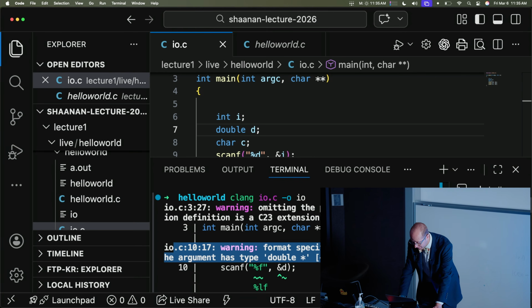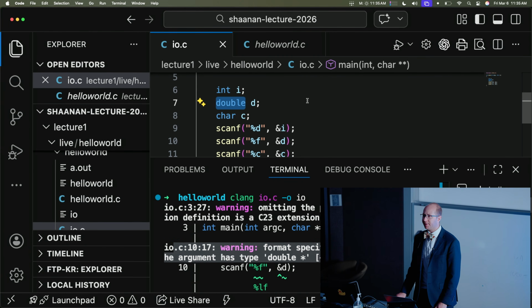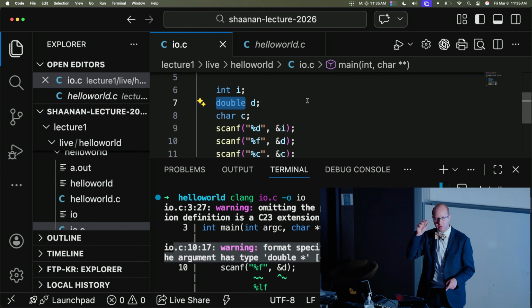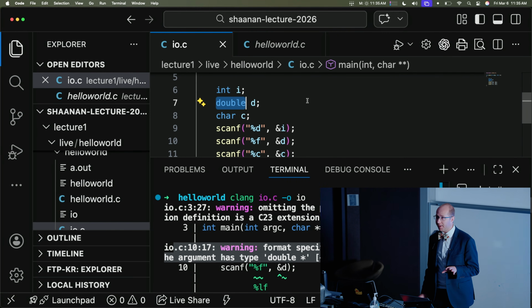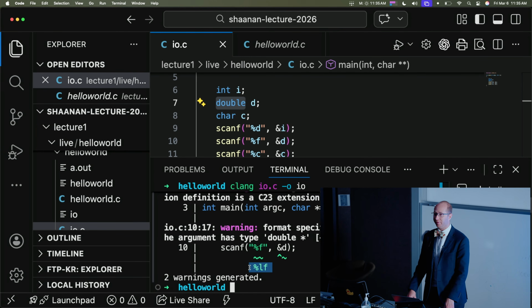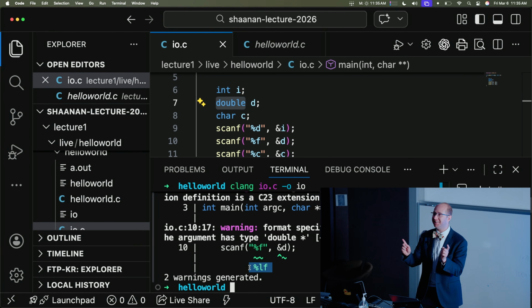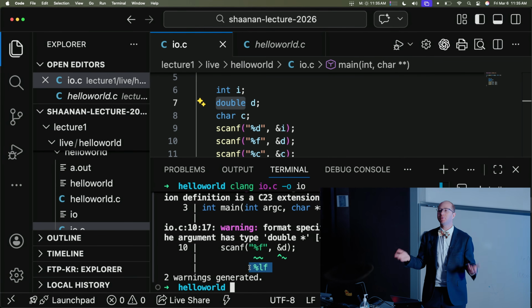So the first thing is this warning here. Warning, format specifies float star, but the argument has the type double star. So if we look at what I've done here, I've used a double and it's saying double, but you used an f, and an f is for a float. So you've done something wrong there. Actually, this probably will work fine. But if we're following the advice of the compiler in this case, it says there should be an lf. An lf actually means a long float. A double is twice as long as a normal floating point number, so it's better at representing decimal numbers.